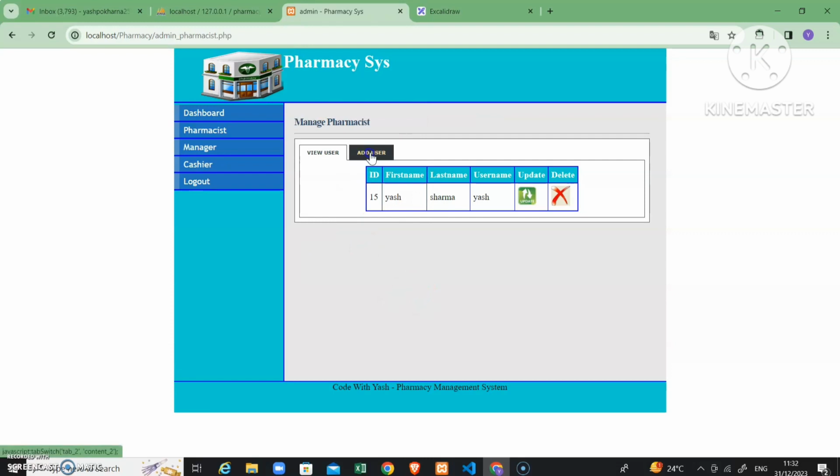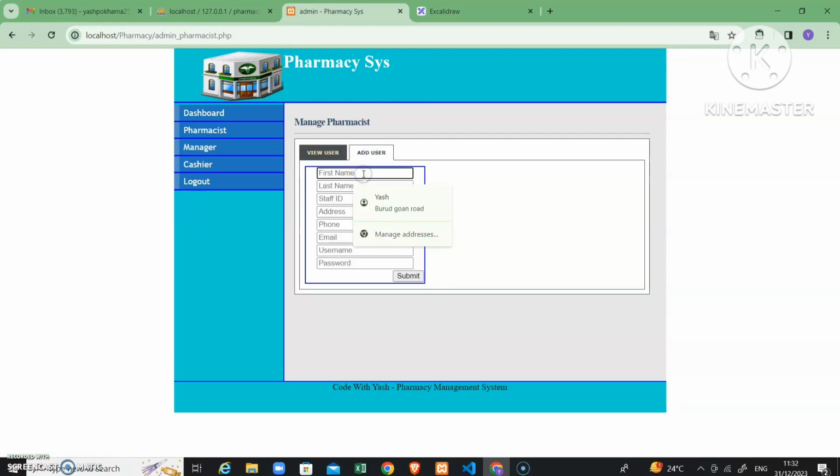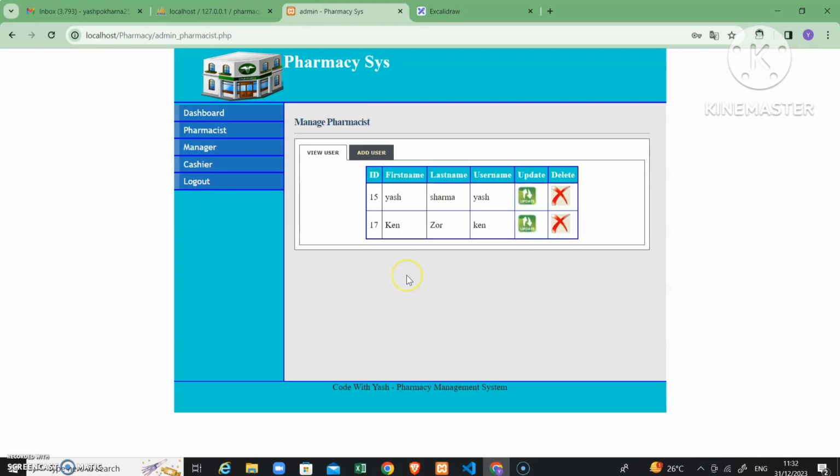So he can go to add user. After clicking on the submit button, it will add the new user to the pharmacist panel. So there are two pharmacists now. One is Yash and the second is Ken.